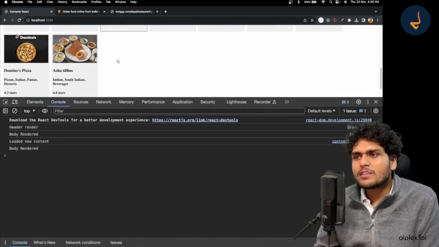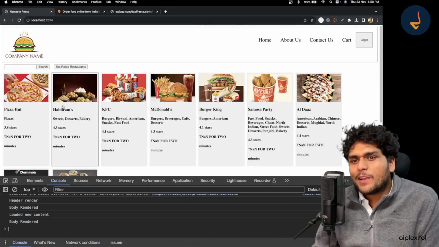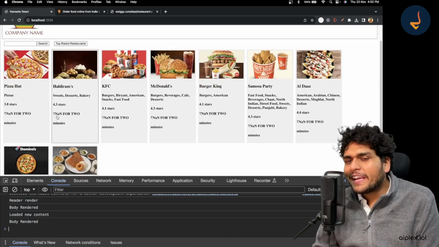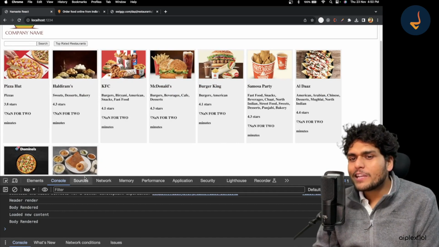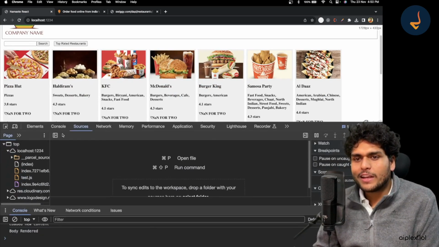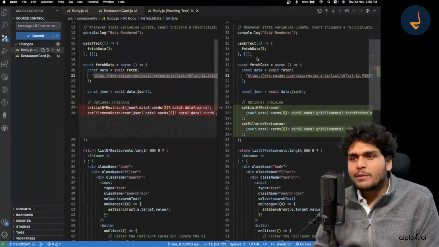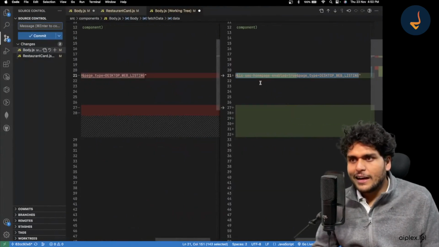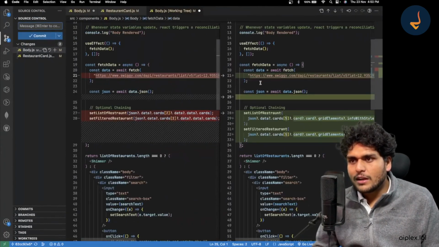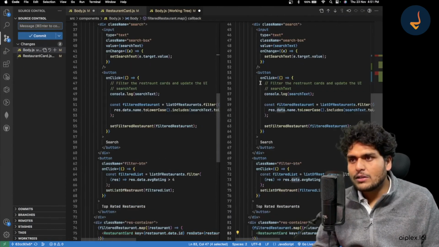Cool, this works, right? So it's working completely fine. The only issue is I can see a NaN and some error with the minutes over here. So they might have changed the name of these keys also. If you go and see the data, let me just do a console log once again. Let's fix that also.